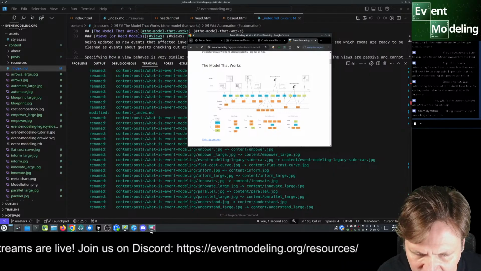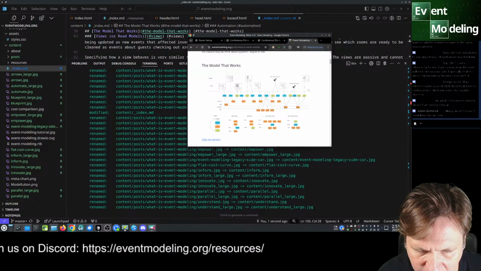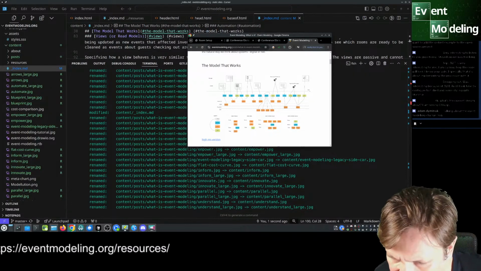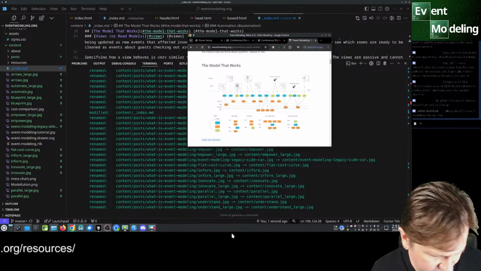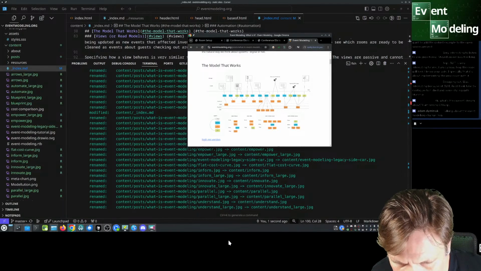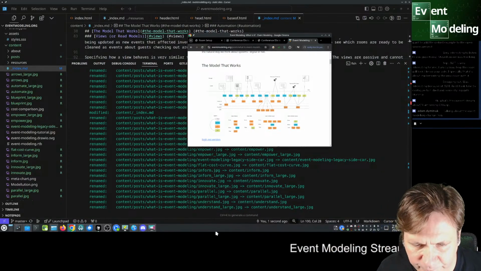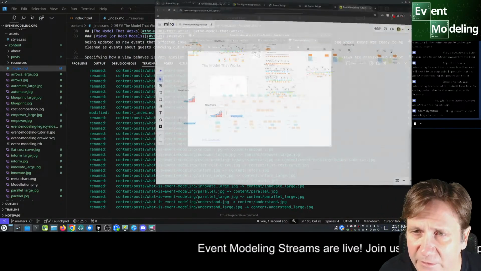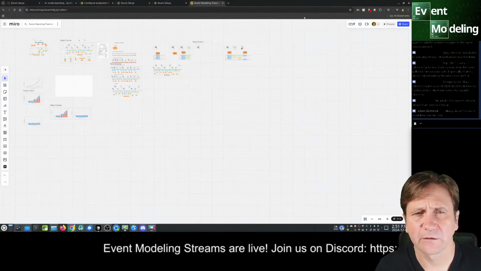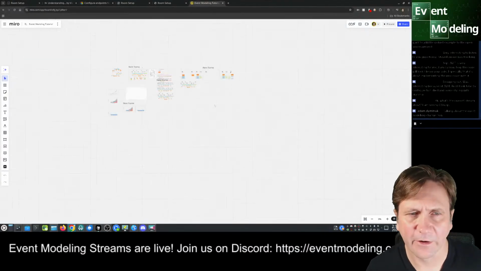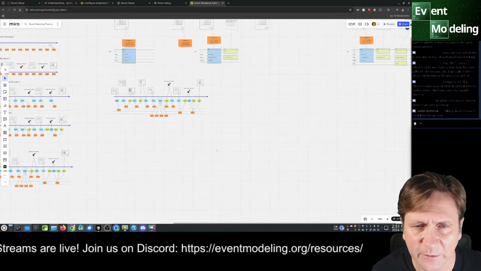It takes forever to load as well. Oh yeah, here we go. Yeah, I think this is all of the stuff that I had. Okay, let's get this on the other screen. So this is the original article graphics that is still in Miro.